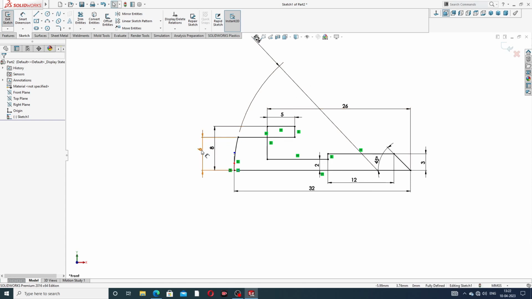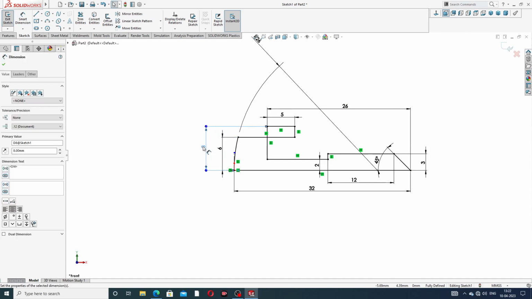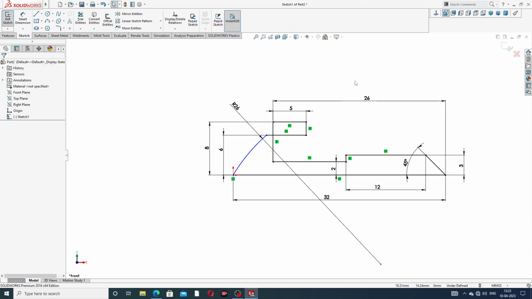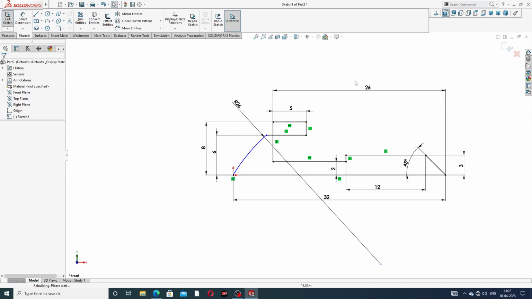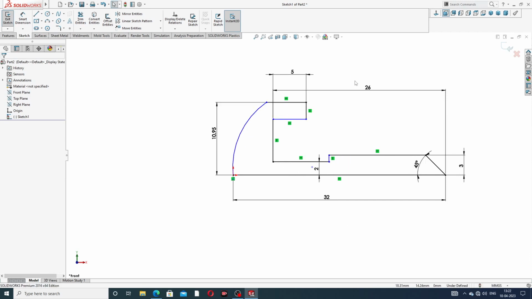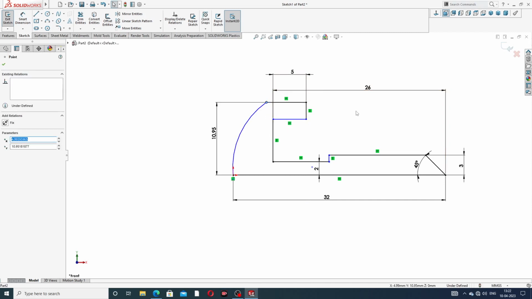Okay, this is 6 millimeter and use 8 millimeter, but some line is not created here. Okay, and this line is, so some line is use some mistake, okay, this is perfect,